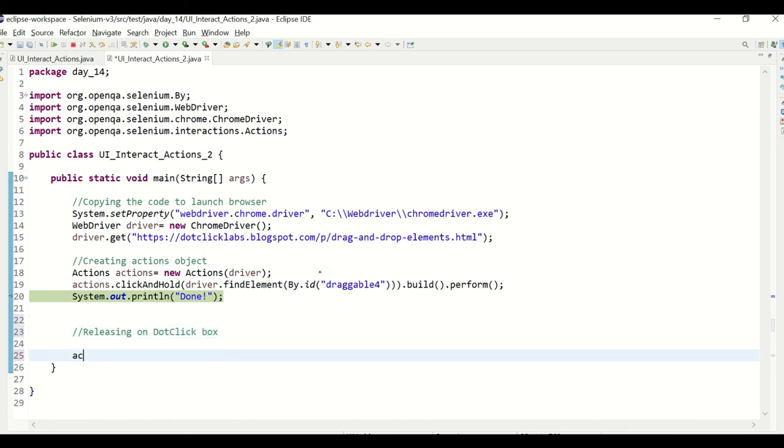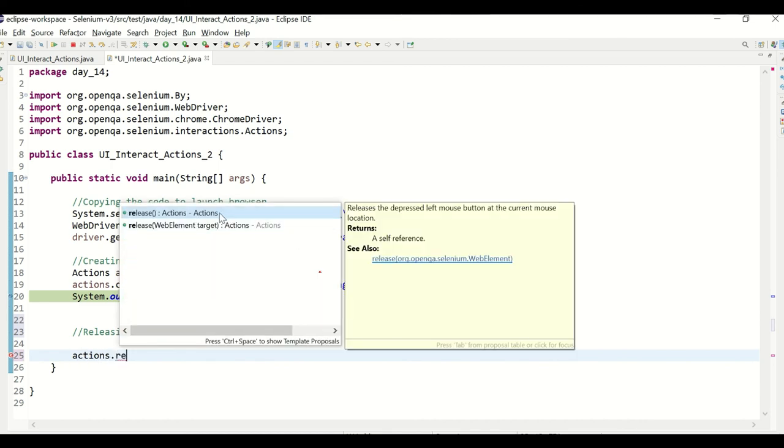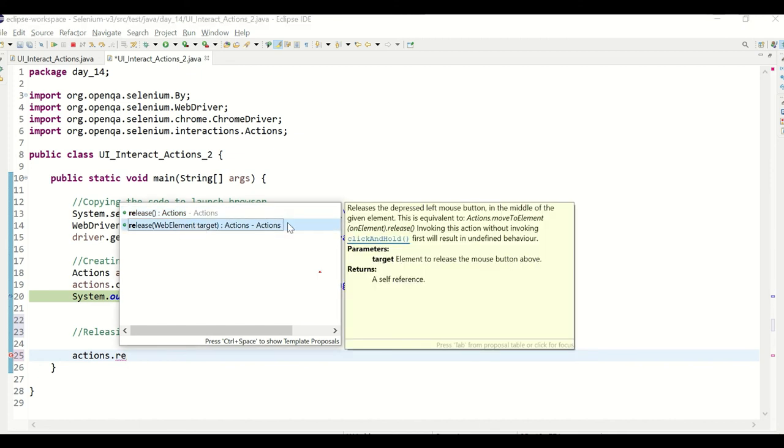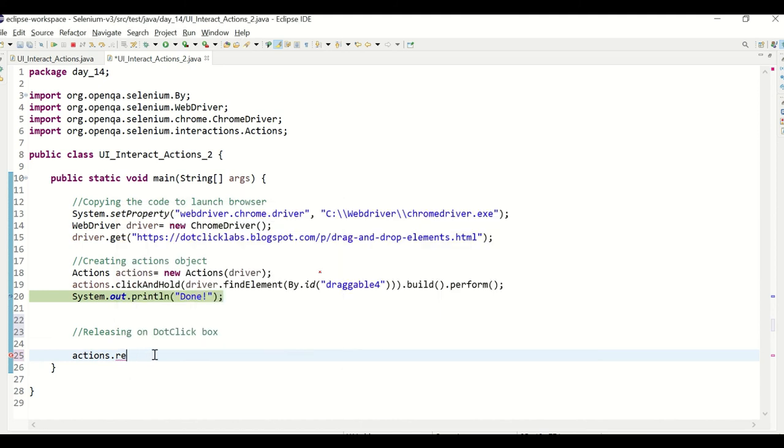So you need to define actions, it's already there, dot release. And now we are not using plain release, because that means the current mouse location, but we are releasing on a particular web element. So you need to write that web element, the target we need to pass.